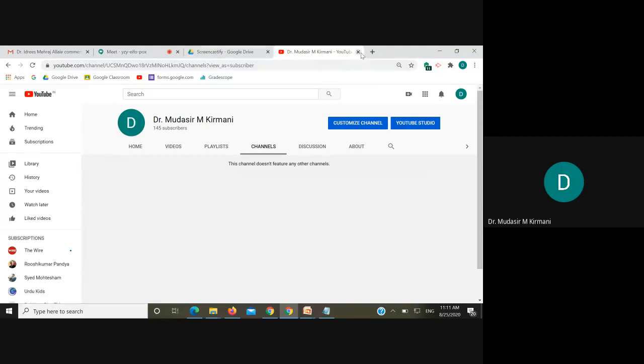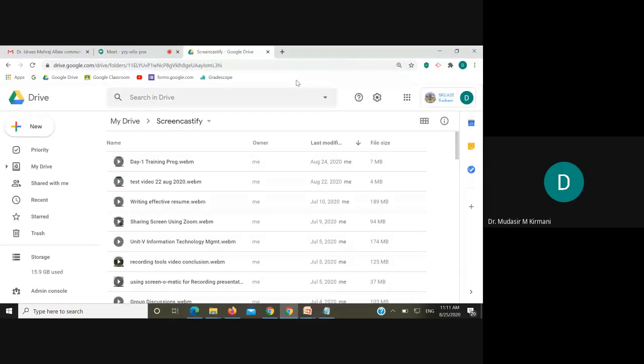Let's go back to Screencastify so that we can understand how we can integrate this Google Drive, YouTube, and the video that you have already recorded in Screencastify. If you remember, this is the Screencastify icon. When I click on it, I need to go to the My Recordings option.